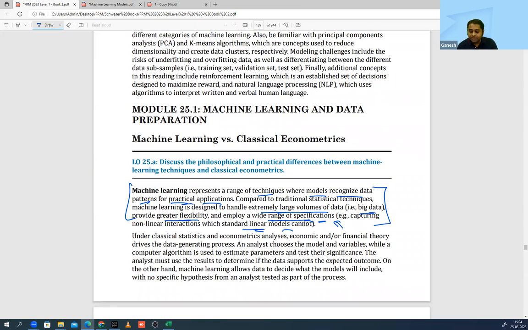Flexibility in the sense, it gives you the opportunity to identify that, okay, there might be a scenario that suppose India's GDP is dependent on 100 variables. So it will first identify those 100 variables, and within those 100 variables, which are the most important, it will also tell you that. So it gives you flexibility as a researcher.